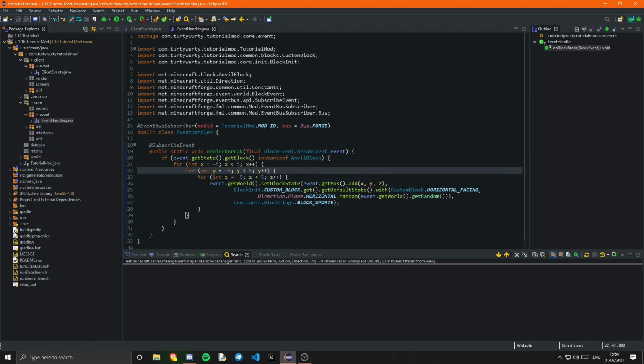Okay, so what will this do? This will loop from -5 to 5 on the X, Y and the Z. It will then set a block state at the position of the anvil, plus each of these, until it's done all those loops, and that will be with our block with the default state, but then we are telling it that it is with a particular property. So we're telling it it's with our horizontal facing property,